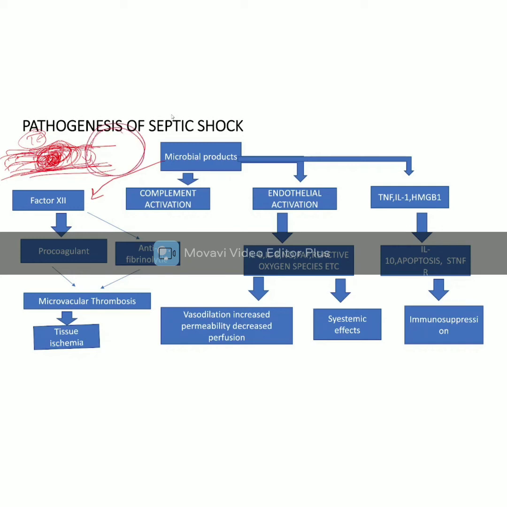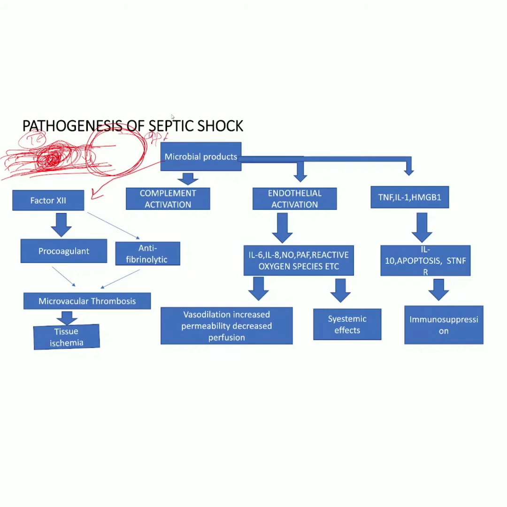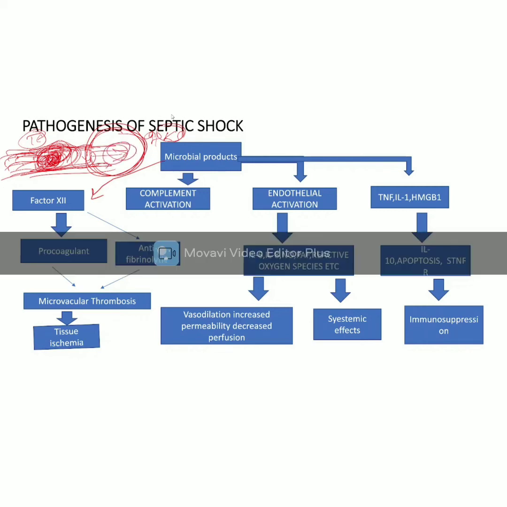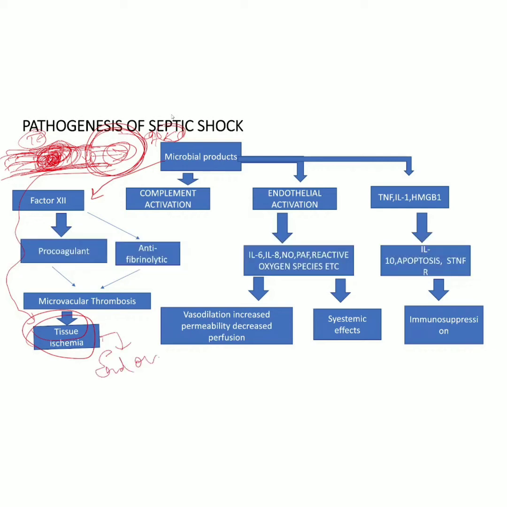There is an end organ here, like kidneys, spleen, etc. What is happening? There is no blood flowing. When there is no blood flowing, what happens? There is tissue ischemia. After that, what happens? There is end organ failure,